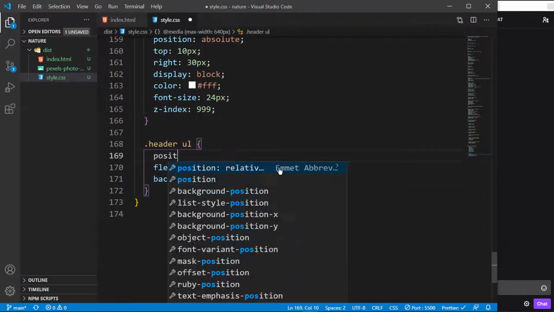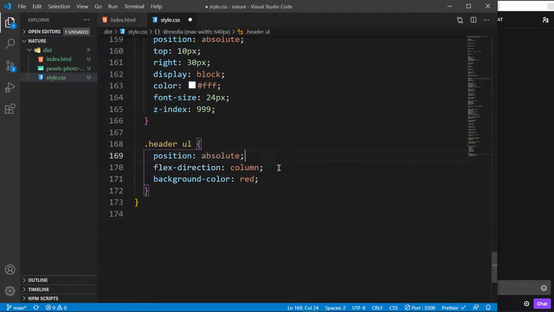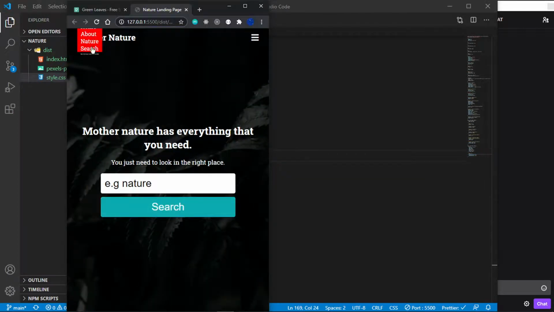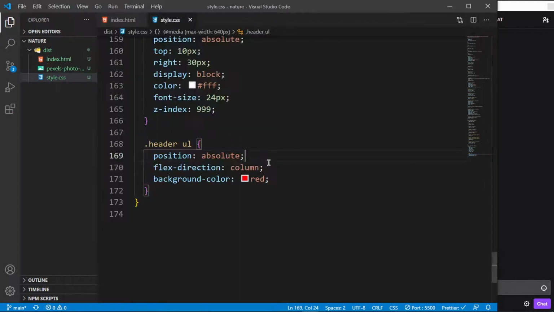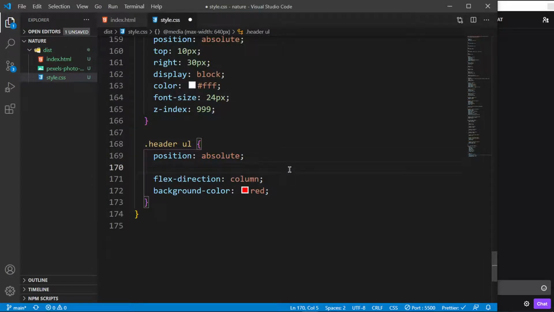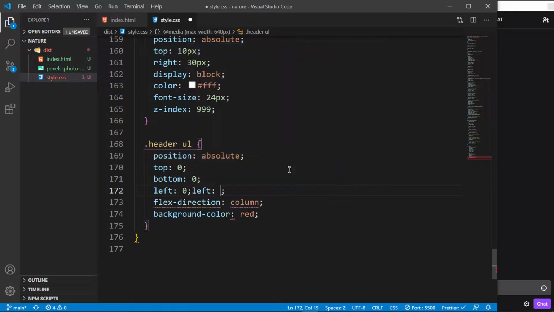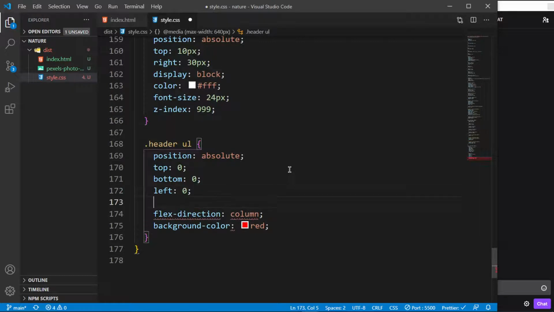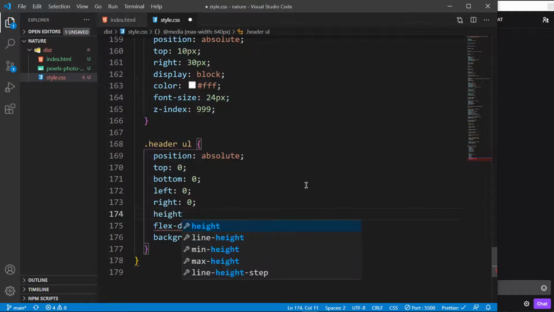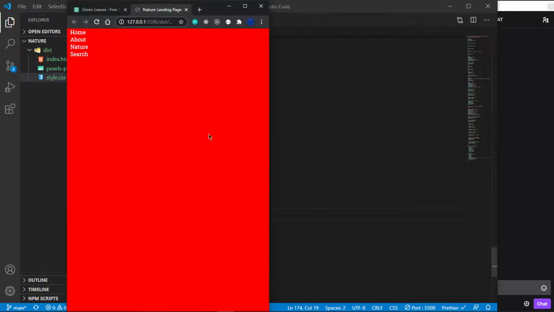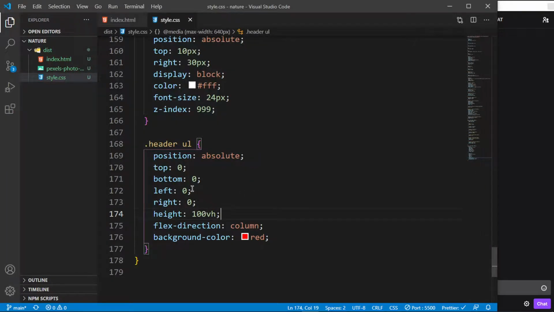Instead, I'm going to say position absolute on this as well, which will take it out from the normal flow like that. And I'm going to say from the top 0, on the bottom 0, on the left 0, and on the right 0, which will now take up the entire width. And then set the height to 100 viewport heights, which will do this. And then set this text to